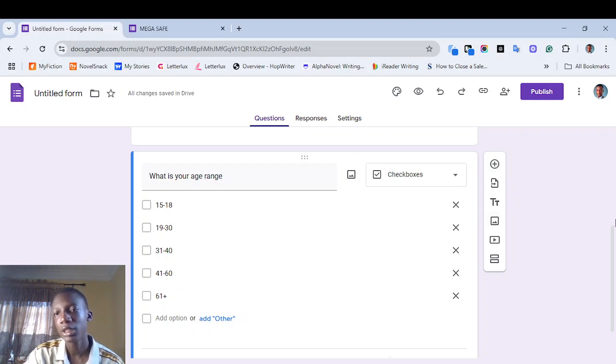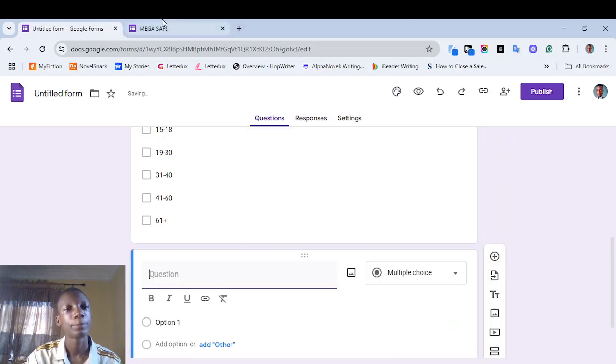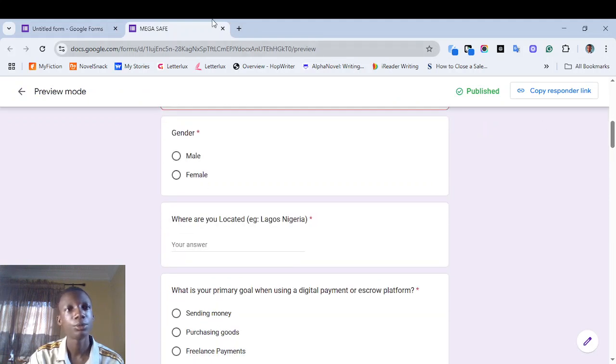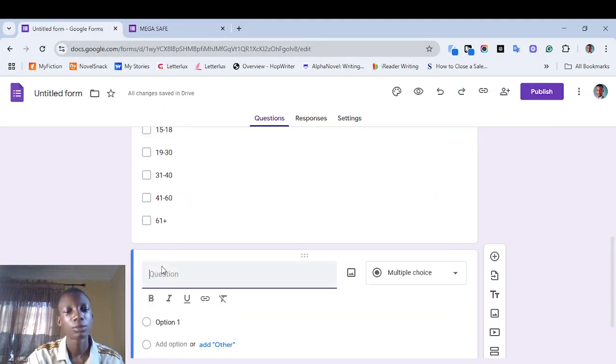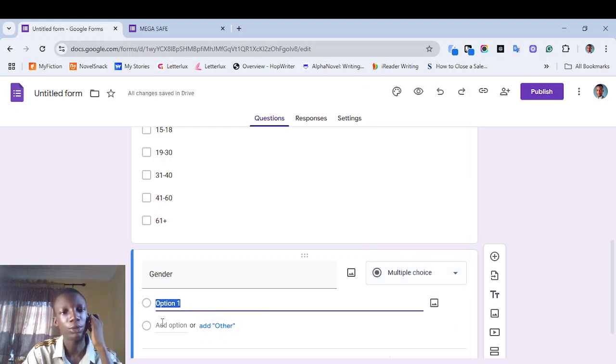So this one, I think it might actually be required as well. So let's see, gender, male or female. It's already multiple choice, of course. And male